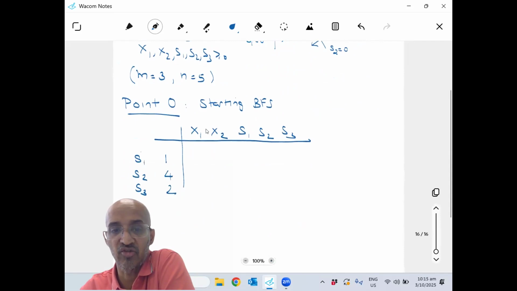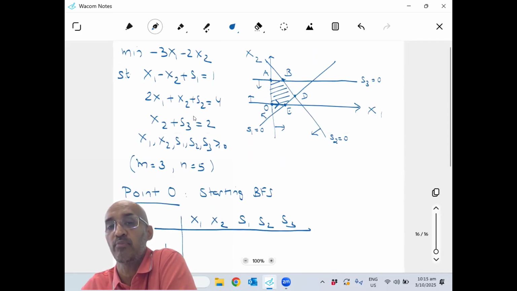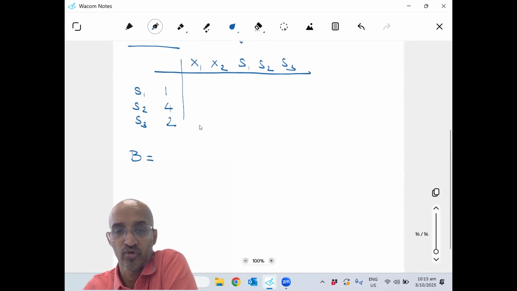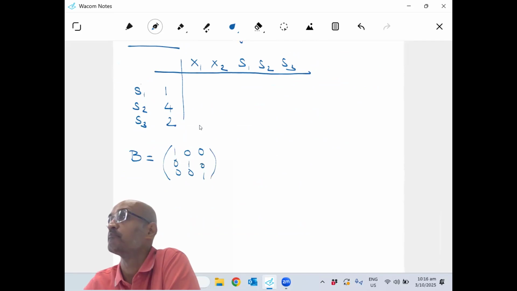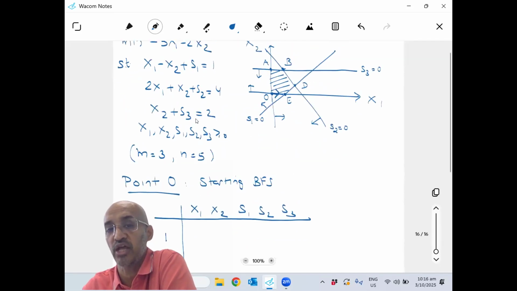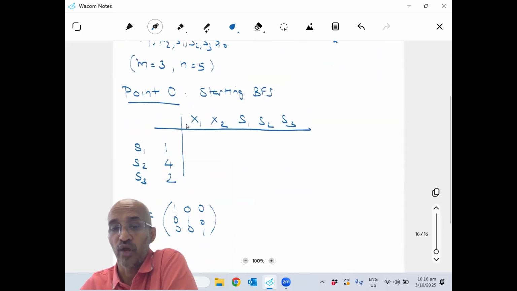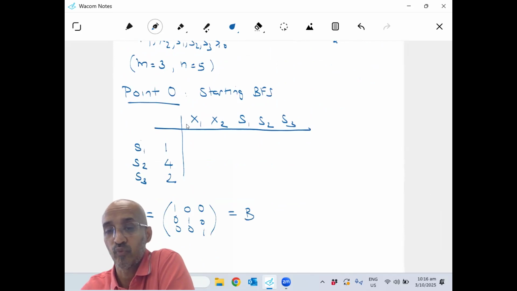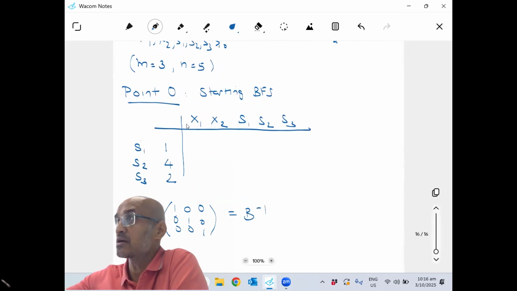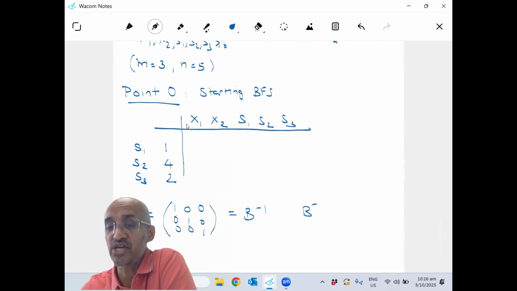Okay. So at this point, just to remind you, what is B? My B is the columns corresponding to my basic variables, S1, S2, and S3. That's simply the identity matrix: 1, 0, 0, 0, 1, 0, 0, 0, 1. The columns corresponding to S1, S2, and S3, my basic variables. So clearly B is identity, B inverse is also identity. So if I do B inverse A, it has to be just A,